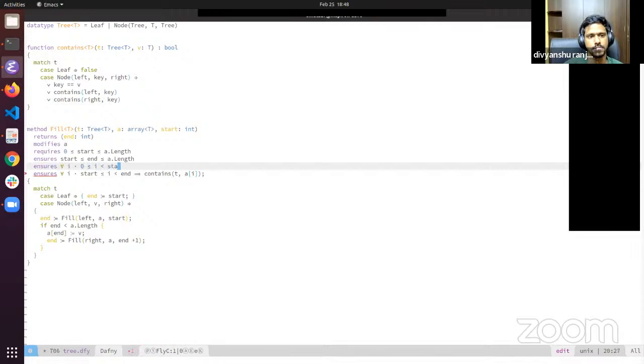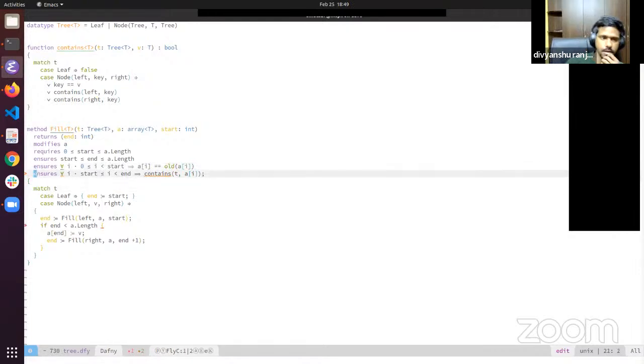So this is something you have to provide as part of the postcondition, and this is how you do it. For example, let me explain this old part. Old means that whenever the method is called, what was the value of a,